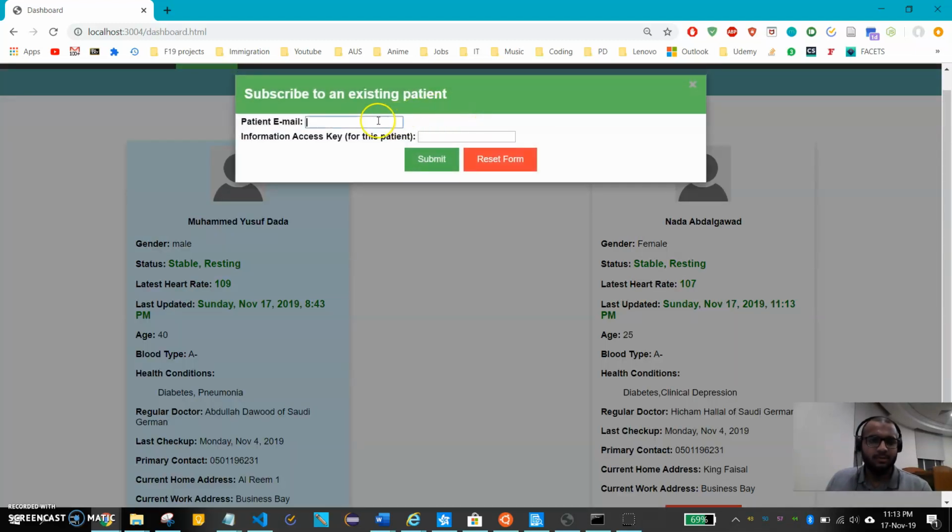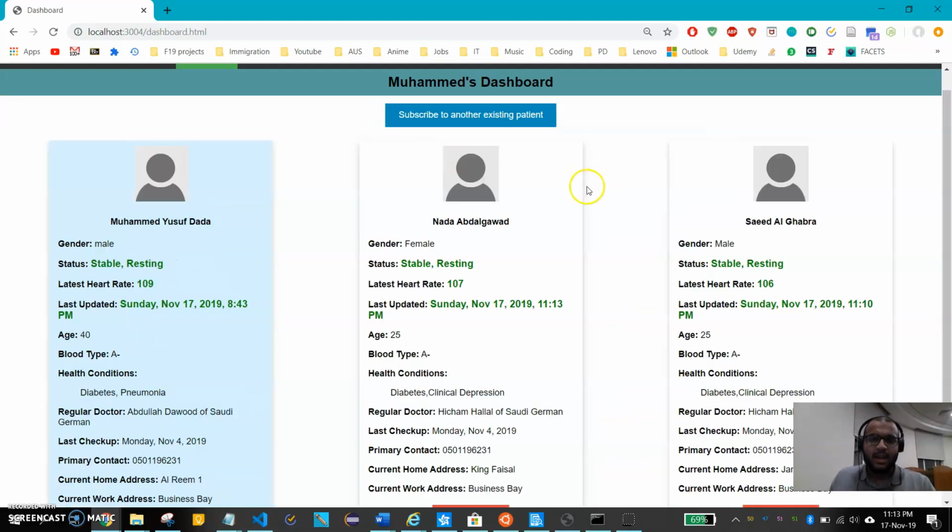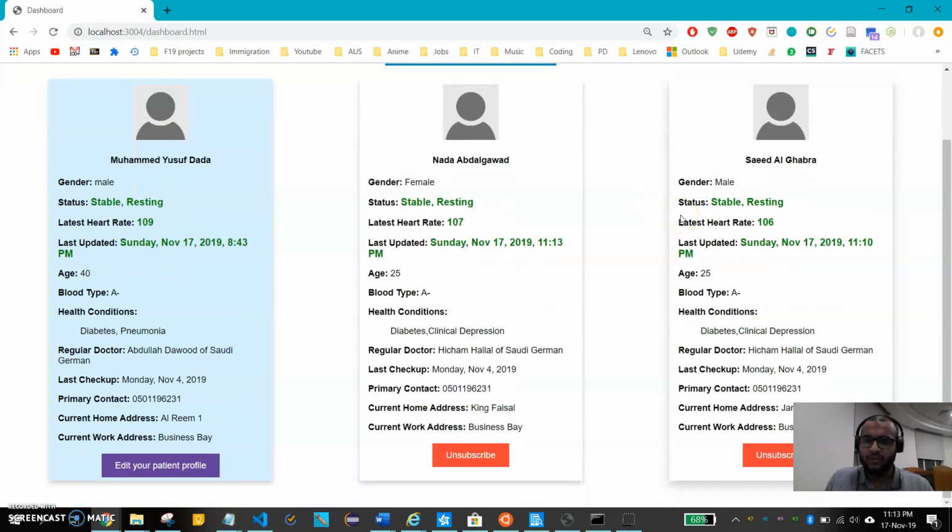Users can subscribe to patients. So for example, there's one patient we have here we can subscribe to. And this patient has trusted me with their information access key. This can be like a close friend, a family member. And you can even share your information access key with your doctor so they have access to your heart rate and patient information. And if the information access key entered was correct, then all of the patient's information and their real-time heart rate is going to be received